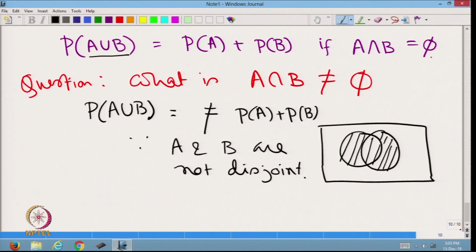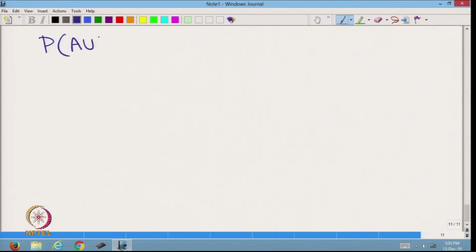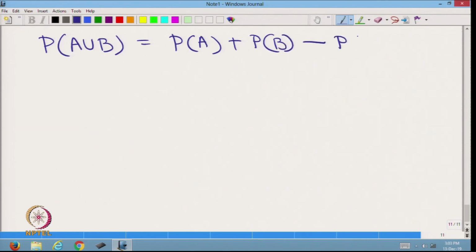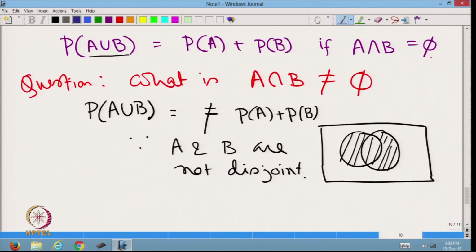The result is: probability of A union B is equal to probability of A plus probability of B minus probability of A intersection B. Proof: if we go back to the diagram, we can see that A union B can be decomposed into three